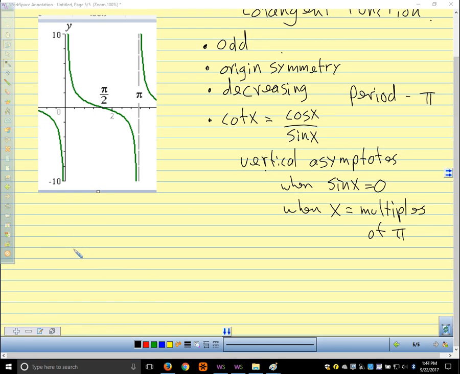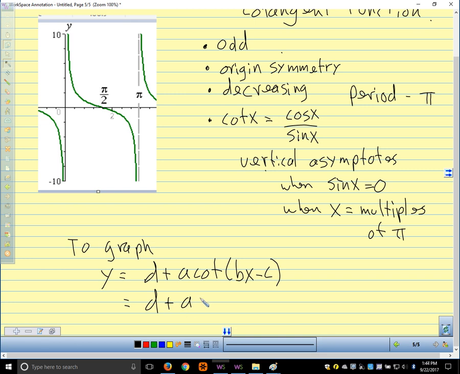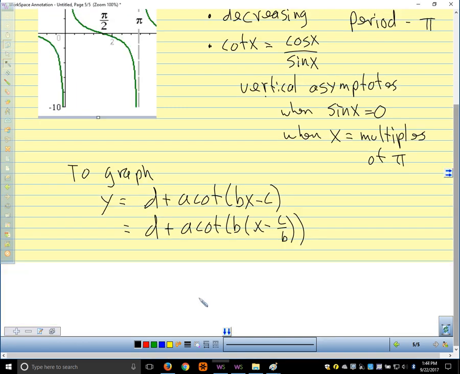So what I'm going to say is, to graph y equals d plus a cotangent bx minus c, which I would immediately rewrite as a cotangent b times x minus c over b, we find successive asymptotes by solving